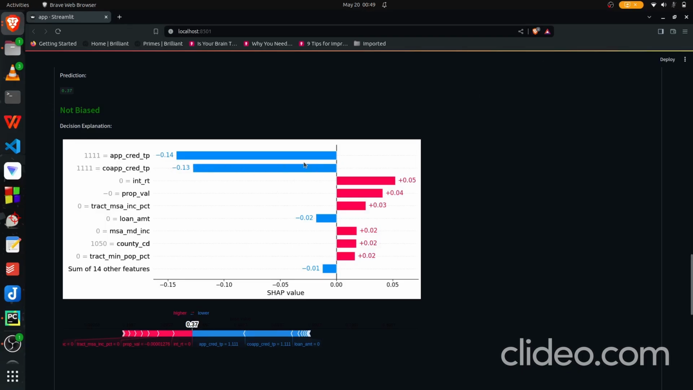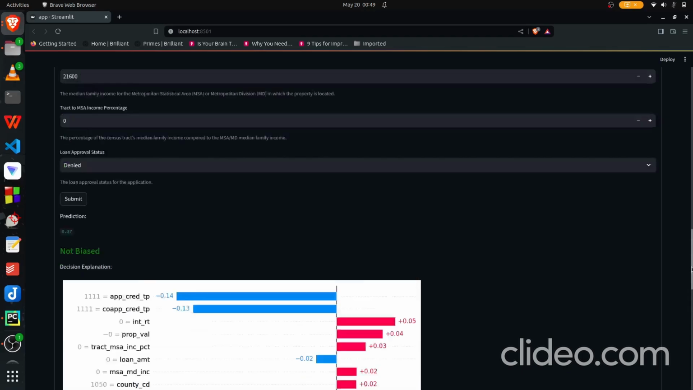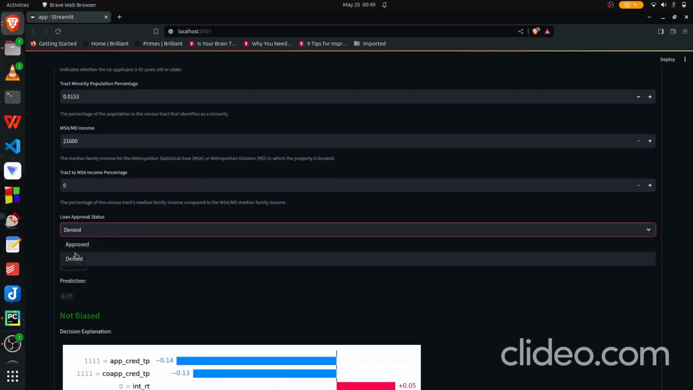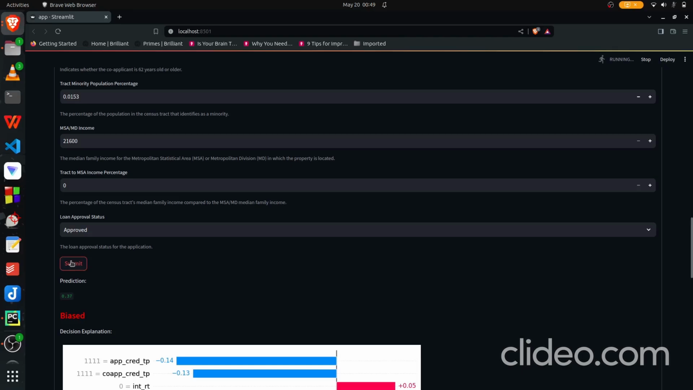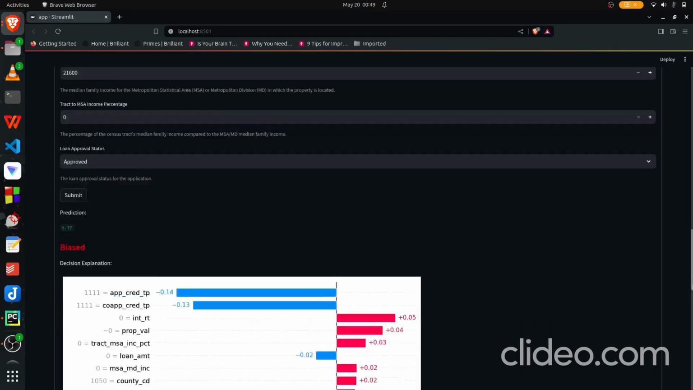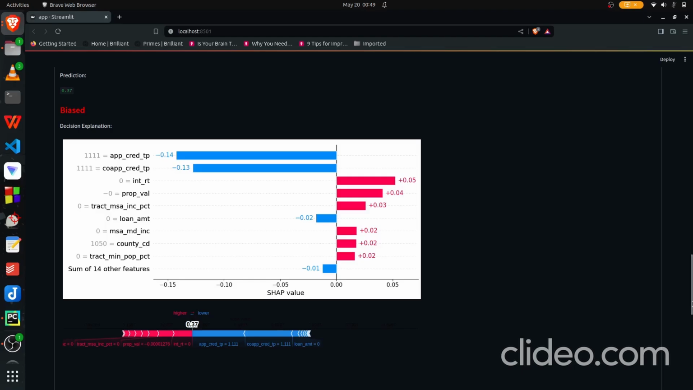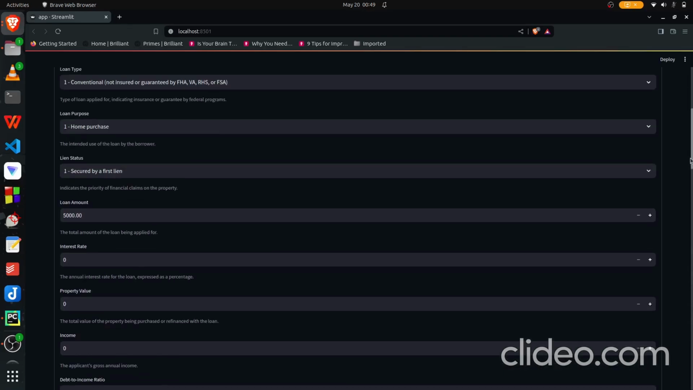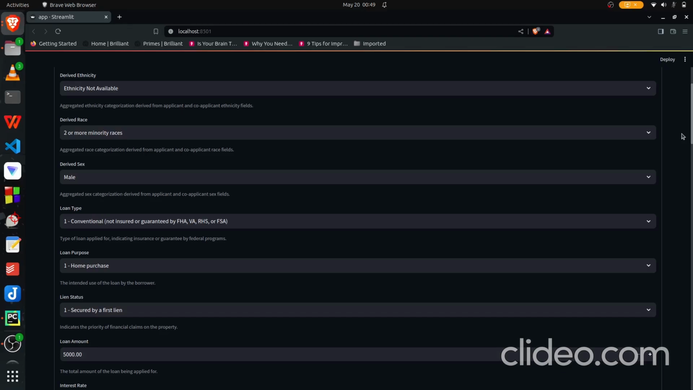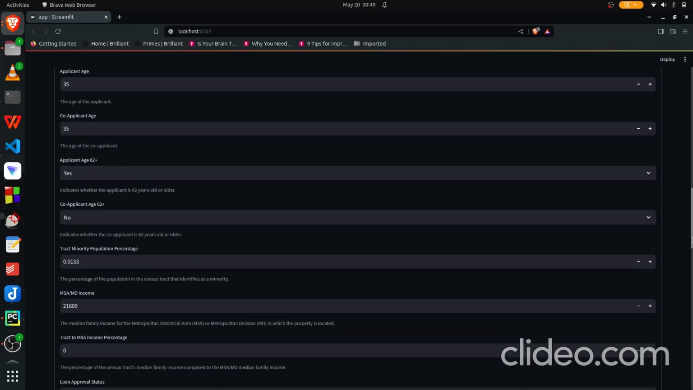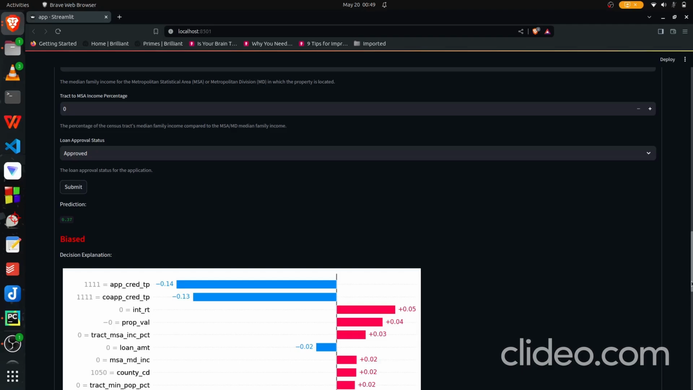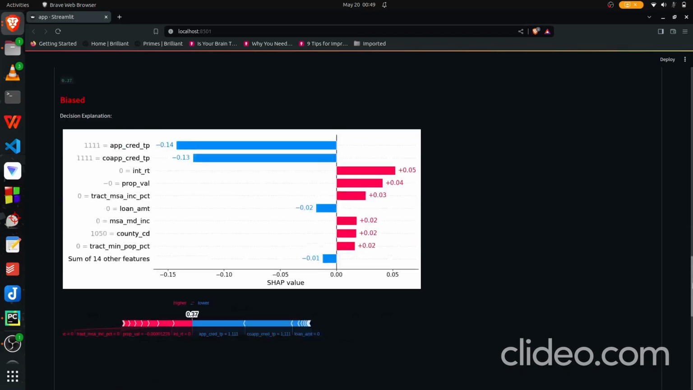And this is showing how long the features are, the SHAP value. Now, for example, if I put it as approved, biased. Now, this is now a biased decision. So, like that, the user can input the AI data and all the loan application data and see whether the AI has approved the loan request or not, and